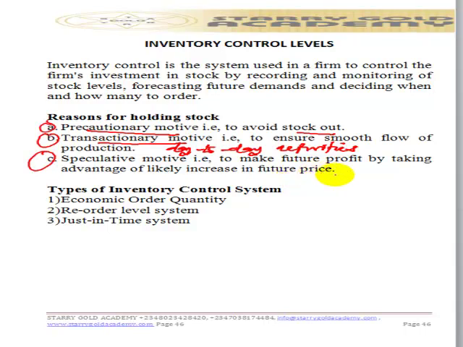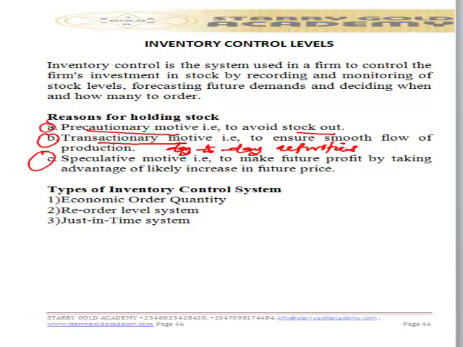Or they can as well buy more of a commodity where it is perceived that the supply of that commodity in the future will reduce, or the quantity might be short in supply in the future. So by the time they have more or many of the items in store, then they would not be hit by such